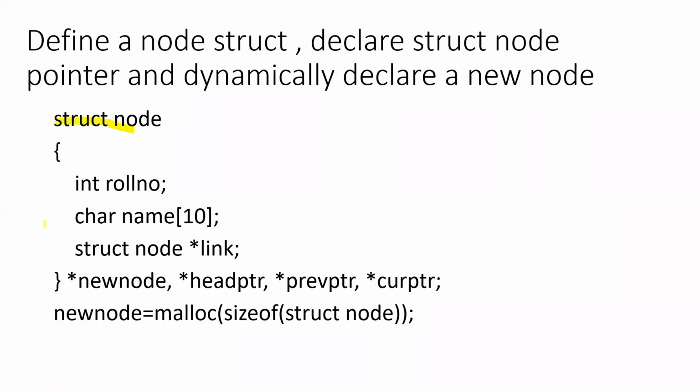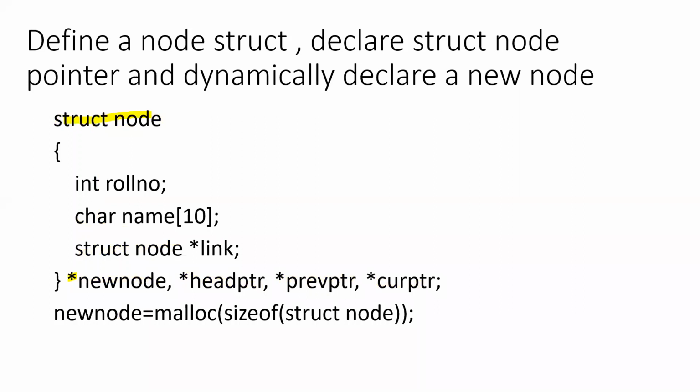Here, this is the definition part, right? Defining the structure, and after that, you are declaring the node pointers, right? So node pointers are declared of the type struct node. Along with the definition of struct node, you can also give the declaration of the pointers. I hope it is clear. In the code, before the closing semicolon, we can list out all the pointer variables which are going to be declared of the type struct node.